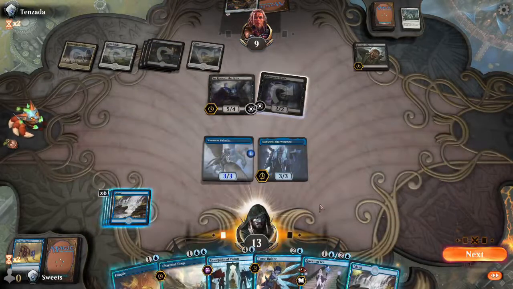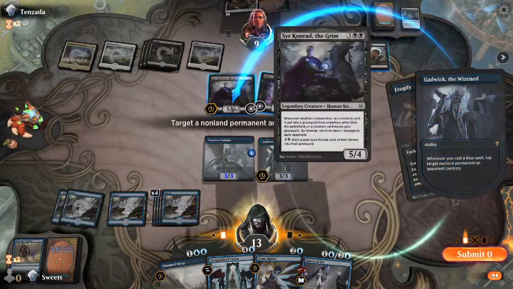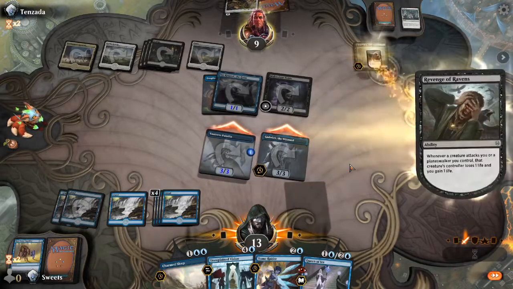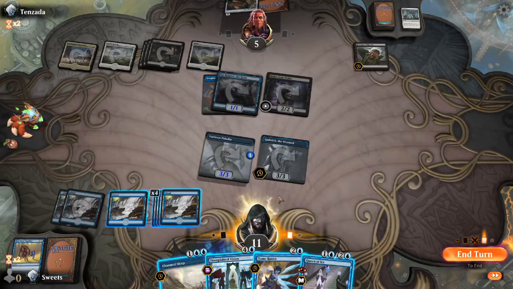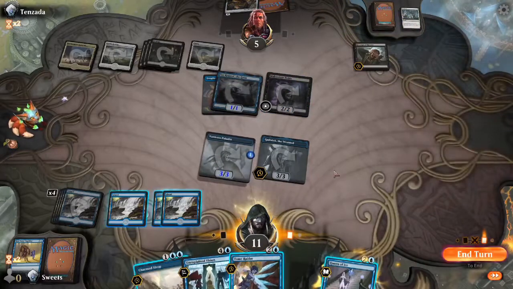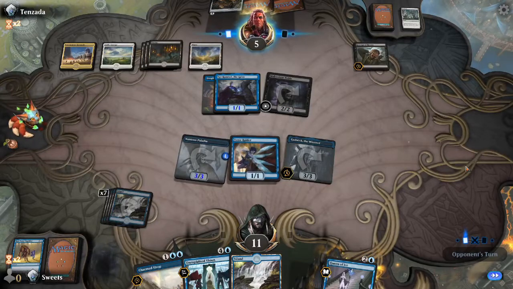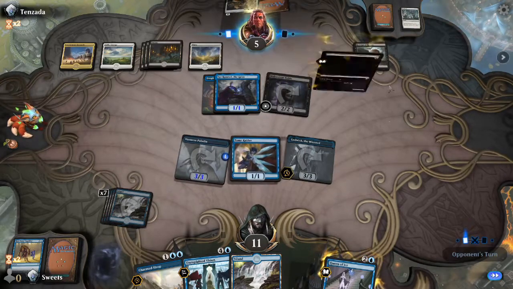Oh goodness, Sir Conrad. So I think what we do is Frogify that Conrad. Do not want that ability to even have a chance of going off, or we're going to die very quickly. And... attack for 6. And... Queen of Ice to tap down the Malevolent Noble. Yeah. And Tome Raider. Draw a card. Plan on trading this Tome Raider, if possible. It's just not useful as an attacker, so...